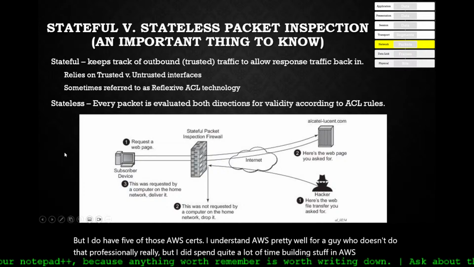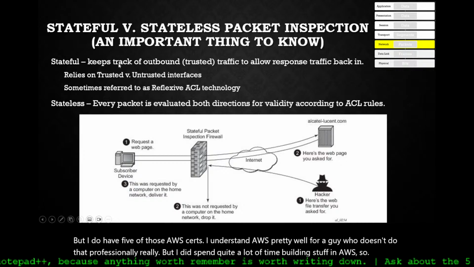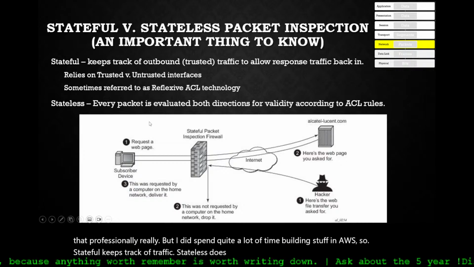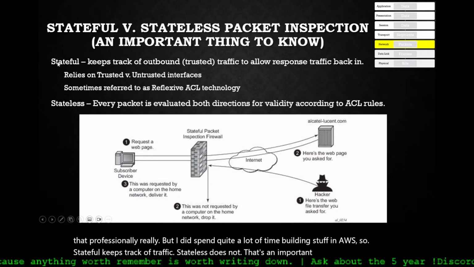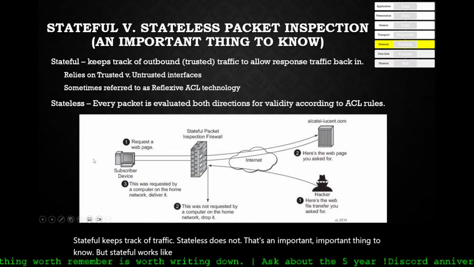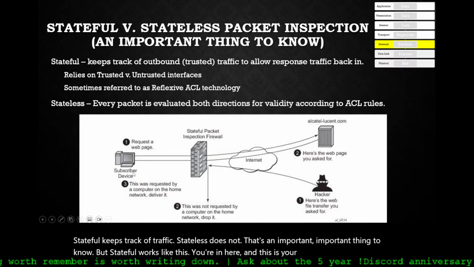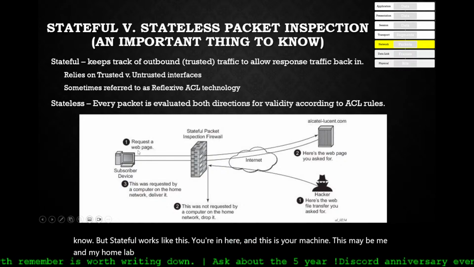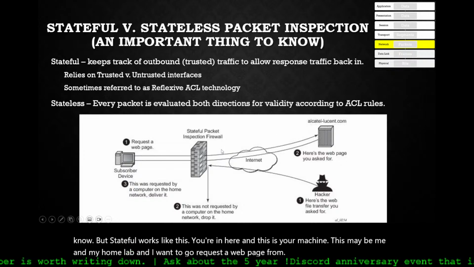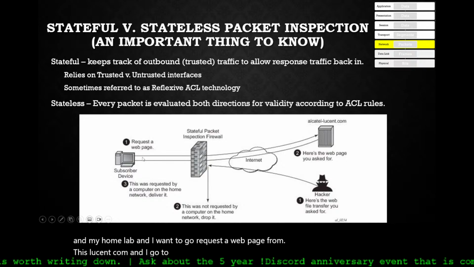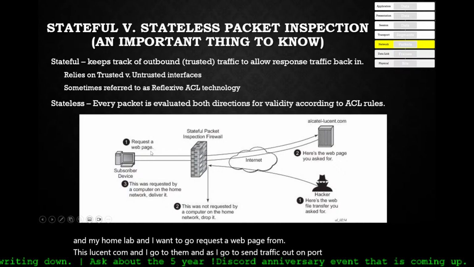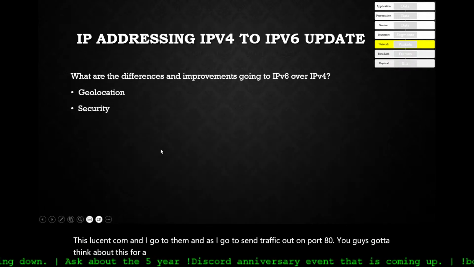So stateful keeps track of traffic. Stateless does not. That's an important thing to know. But stateful works like this. You're in here, and this is your machine. This may be me in my home lab, and I want to go request a web page from, say, lucent.com. And I go to them. And as I go to send traffic out on port 80, you guys got to think about this for a second. As I go to generate